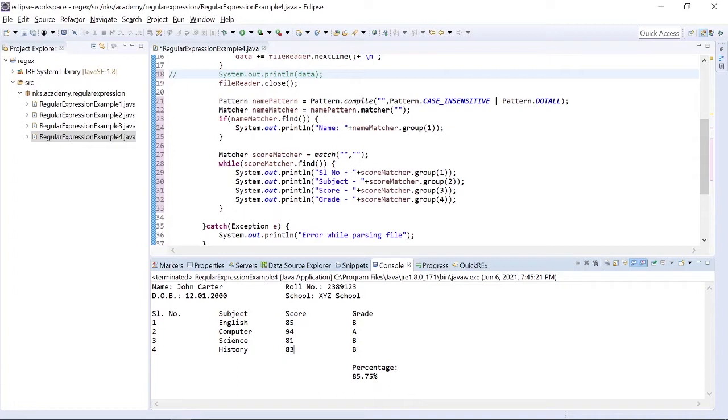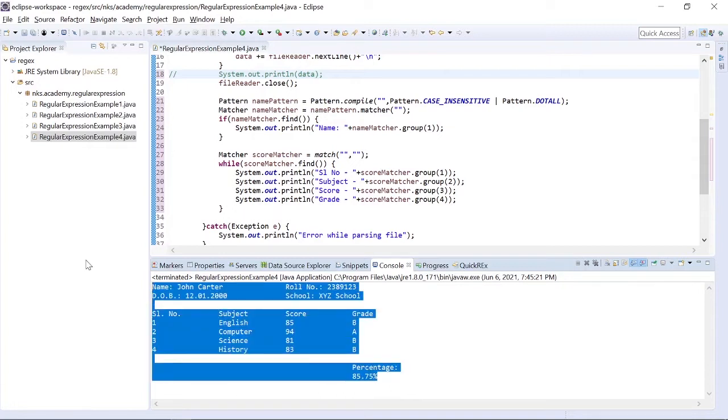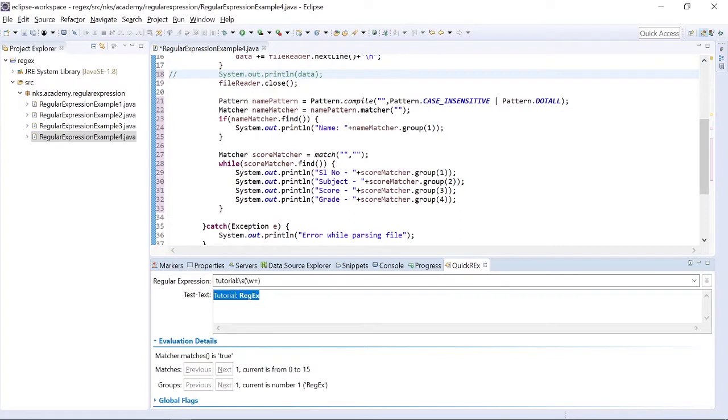Okay, so let me copy this content and I will paste it in QuickRex. Now I want to capture name, so I will write name, backslash s star, and see this name can be John Carter, it can be John Carter ABC, anything can be there.